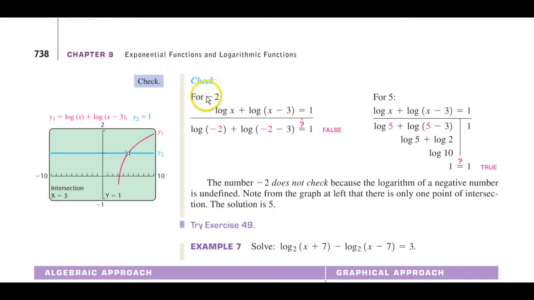Now, notice when we plug in the -2, can we have a log of -2? And the answer is no. And we can't have it of -5 either. So this one is false. But plugging in the 5 here gives you a true statement. What is the log of 10? 1. Because this is log base 10 raised to the 10th equals 10. What power would that